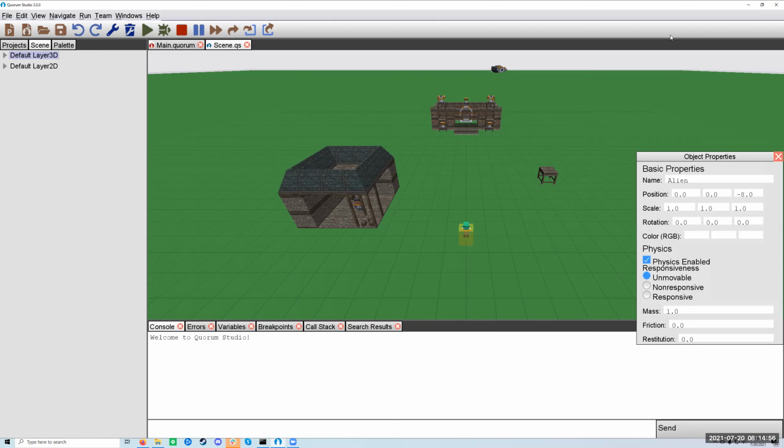The first one's the most obvious. What does the checkbox that says physics enabled do? It allows physics to be applied to the object. So long as physics is on in our game, this object will respect all of the rules of physics. And as far as having physics on in our game goes, if we look at our code,